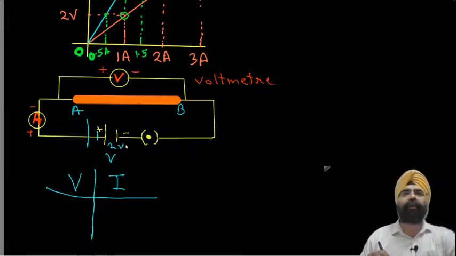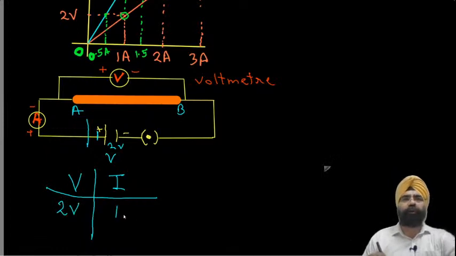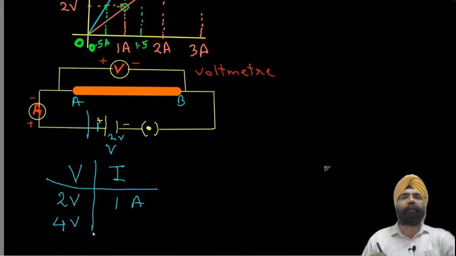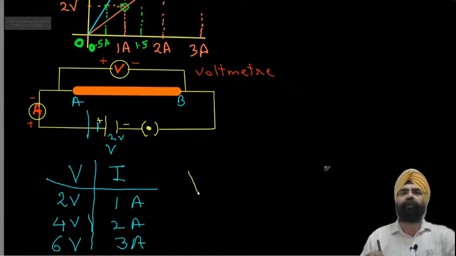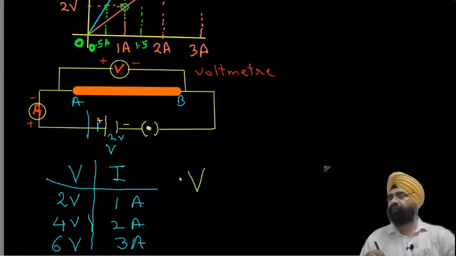ओके, विच मीन्स अगर ये पहला वाला 2 वोल्ट का था तो अब 2 सेल हो गए तो वो 4 वोल्ट का हो गया। ठीक है, उन्होंने करंट नोट करा, तो पहले केस में 2 वोल्ट था तो उन्होंने नोट करा, मान लो कि 1 एम्पियर करंट फ्लो कर रहा है। ठीक है, अब उन्होंने 2 सेल लगा दिए तो आपको मालूम है कि उसका पोटेंशियल डिफरेंस डबल हो गया। ओके, तो अब उन्होंने करंट नोट करा तो उन्होंने देखा कि करंट भी डबल हो गया। अब उन्होंने क्या करा, उन्होंने 3 सेल लगा दिए, तो वो 6 वोल्ट हो जाएगा। अब उन्होंने क्या देखा कि करंट भी 3 गुना हो गया। ओके, विच मीन्स उन्होंने ये ऑब्जर्व करा कि जो करंट इन द सर्किट है, जो करंट सर्किट में फ्लो कर रहा है।